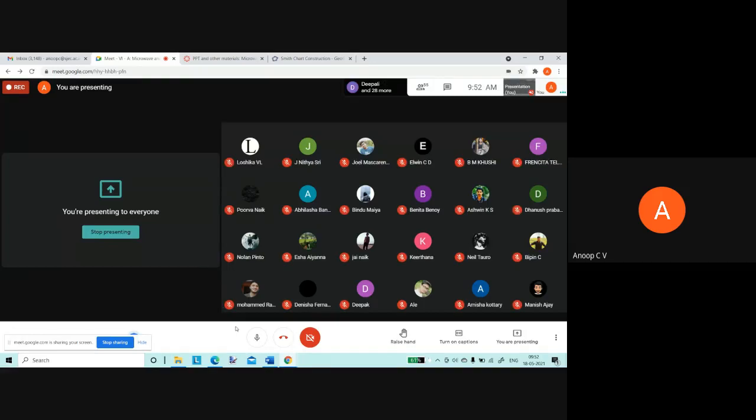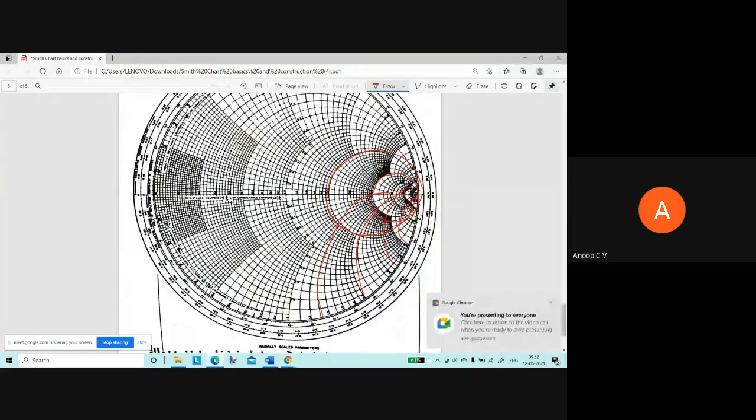Now, whether this chart makes some sense. Initially, I asked you, do you have any idea about this? Have you come across anything like this before? You told no. Now, are you able to appreciate this Smith chart? It is actually two sets of circles. It is a plot of this complex normalized impedance in the complex gamma plane. It consists of two parts: constant R circles and constant X circles, and everything happens within a unit circle. Are you able to appreciate that much?